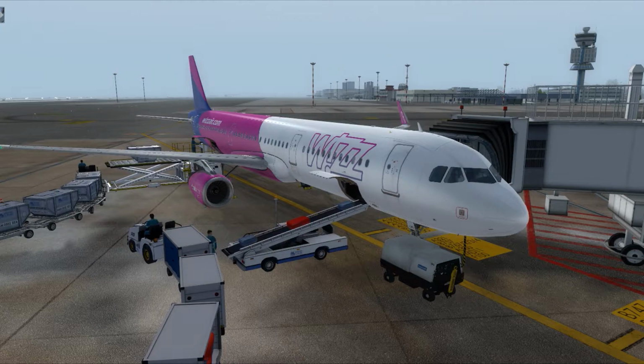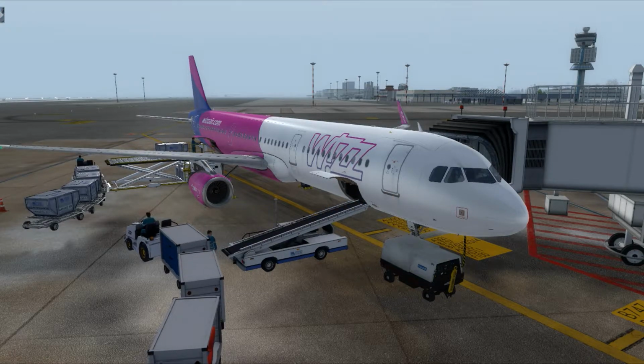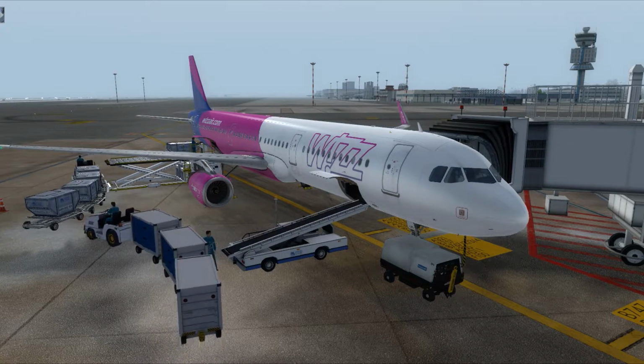212 passengers on board on this flight today, besides me and the flight crew, and as you can see, we are boarding the aircraft right now. They are loading up the cargo compartments, and I just have to program up the airplane and make myself and the plane ready to go back to base. So I hope you will enjoy the commentary, and hope I can show you what Wizz Air looks like in